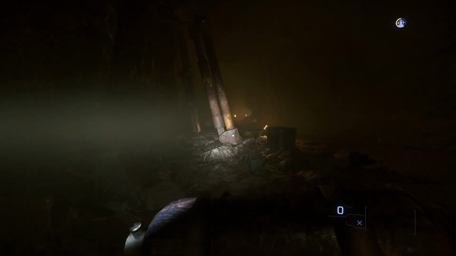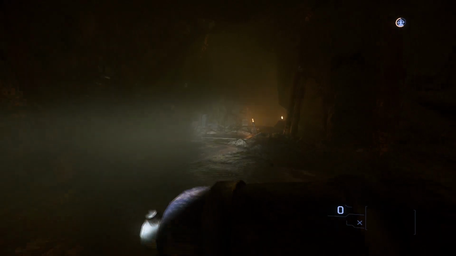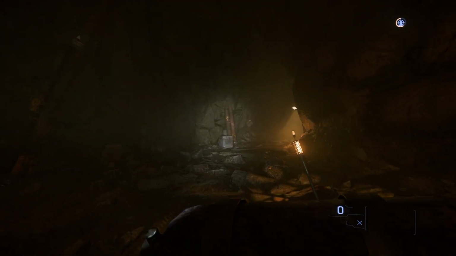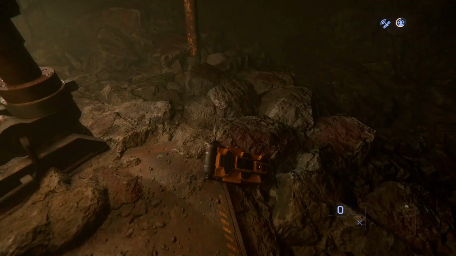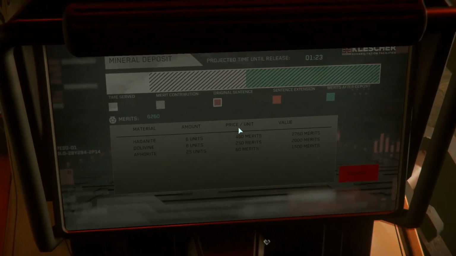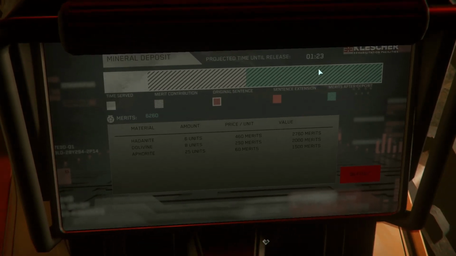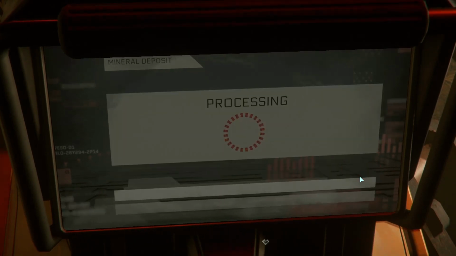Because this dude's backpack had quite a bit, once you get back to that site, the kiosk, I shall see you there. So we're back here at our kiosk at depth 1. What we're going to do is come here and click on this. You can tell, we have an hour and 20 minutes left after doing that one auction mission. So if we hit deposit, we should...